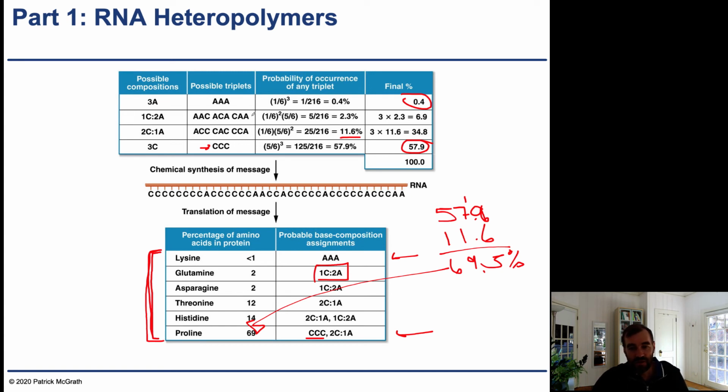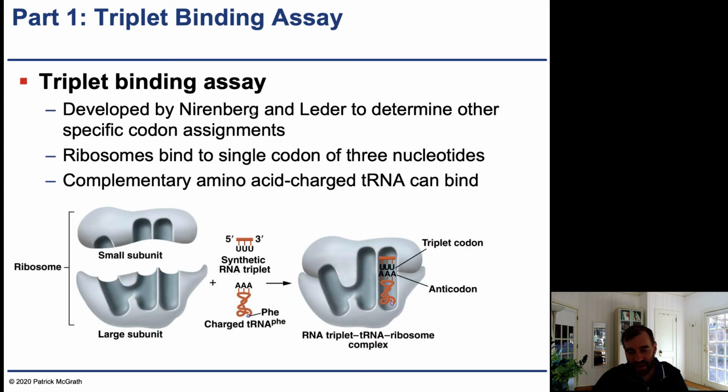And so these experiments were able to further narrow down what was going on and further provide data of how the genetic code operated, but they really needed another type of assay in order to nail down which one is which. And so this is where the triplet binding assay came in, developed by Nirenberg and Leder, to determine other specific codon assignments. So ribosomes bind to a single codon of 3 nucleotides, and then a complementary amino acid charged tRNA can bind. So you have a ribosome, which is what produces the polypeptide chain,